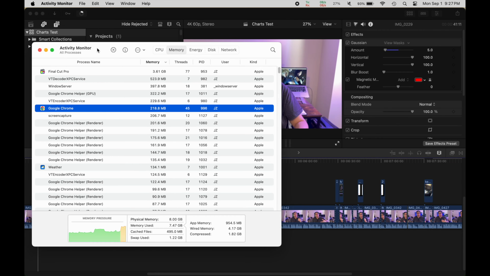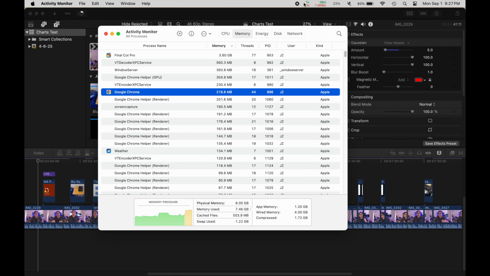And what I saw when I opened up Activity Monitor is that my memory pressure only hit the yellow. And in all of my tests, I was never able to hit the red memory pressure. So if you have green memory pressure, that means you're good. You don't have to worry about anything. If you're going up into the yellow, that means you're kind of pushing your system and performance may start to degrade just a little bit. And if you have red memory pressure, that means you're basically RAM starved,